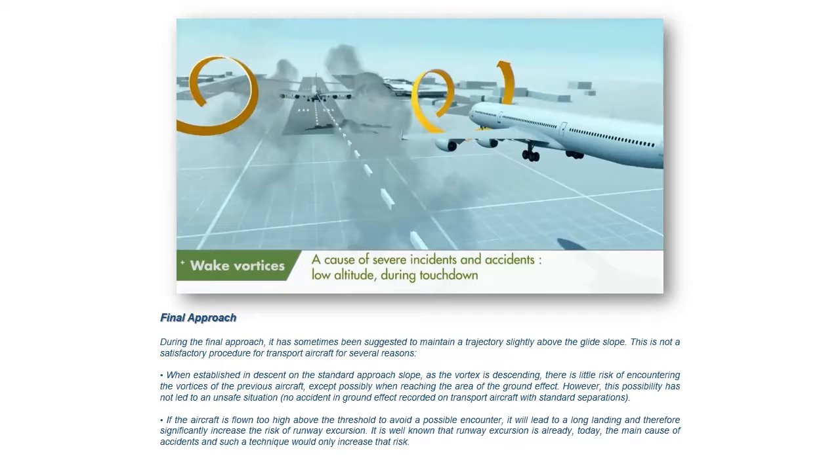However, this possibility has not led to an unsafe situation. No accident in ground effect has been recorded on transport aircraft with standard separations. If the aircraft is flown too high above the threshold to avoid a possible encounter, it will lead to a long landing and therefore significantly increase the risk of runway excursion. It is well known that runway excursion is already, today, the main cause of accidents, and such a technique would